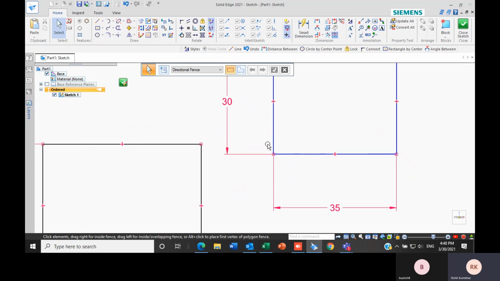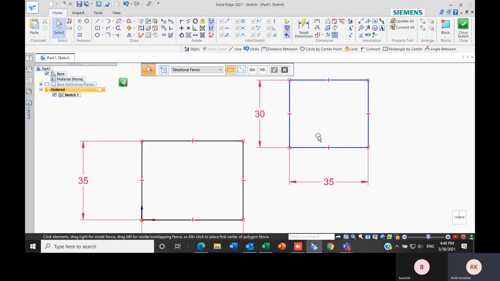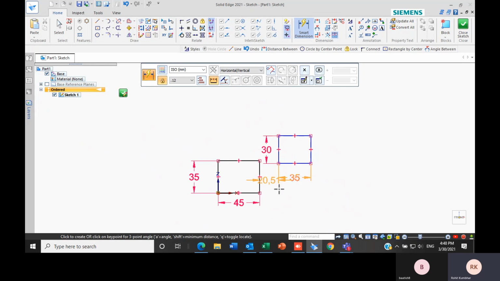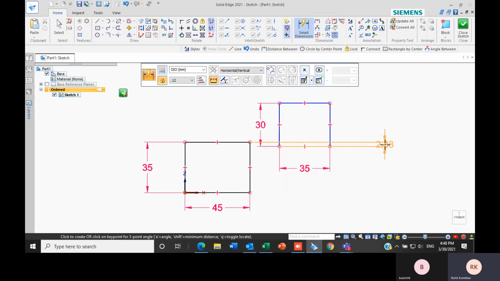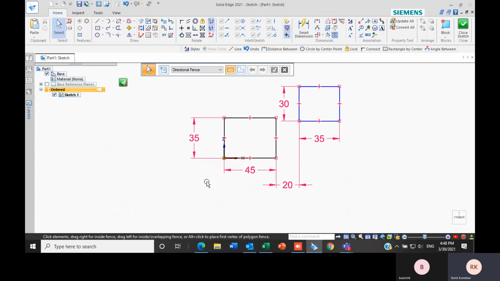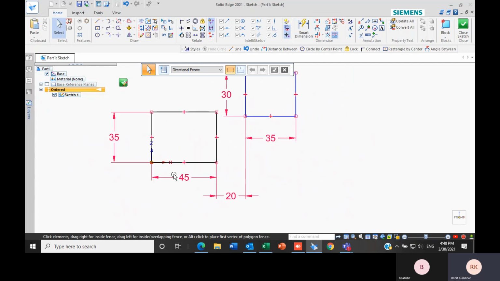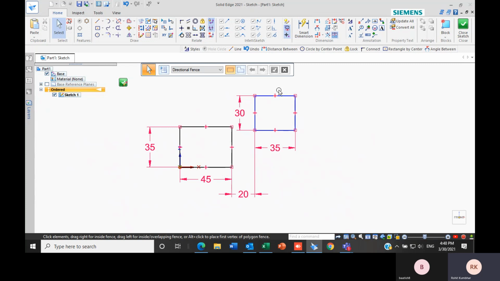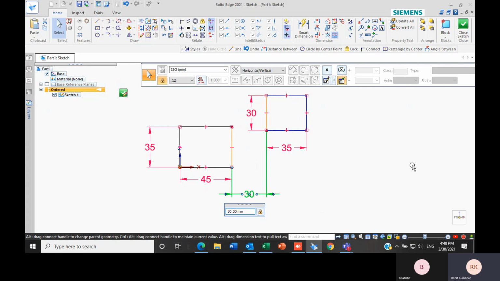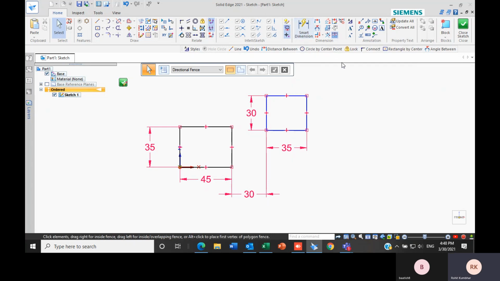And if I want the distance between this line and this line, I can create that also using smart dimensions. Let's say I want this line and this line. As you can see here, I can show the vertical distance, or even the horizontal distance in between. Let's say I'll keep it 20. As you can see, this one was the constraint geometry, so this rectangle moved according to it. If I try to change it, here you can see it is changing according to it. This one is about smart dimension.